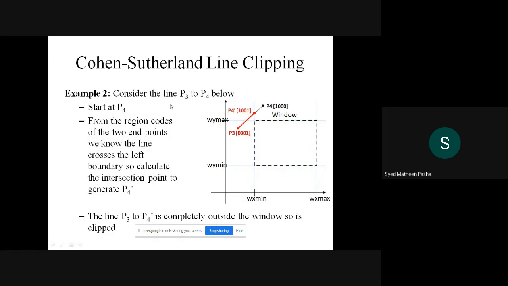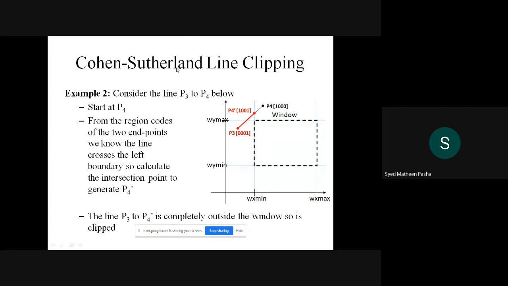So what happens in example 2? Similarly, we have 2 points. You can actually guess which points will be inside the window and outside the window. In this example, if we consider 2 points and check the boundary line where the intersection is happening, you can tell this lies outside. The whole part lies outside the window. You don't have any line to be clipped there. Inside the window you have no lines.